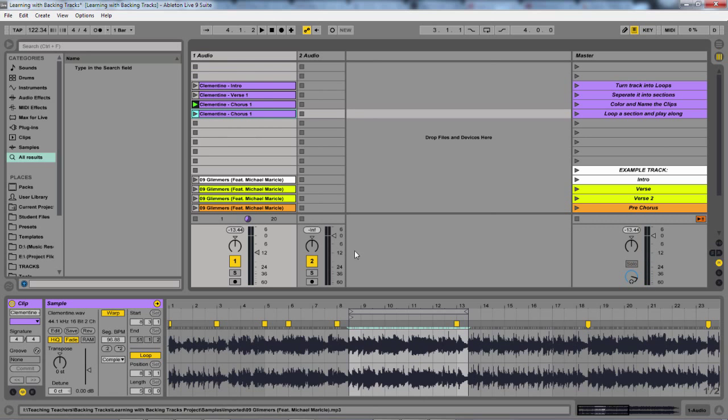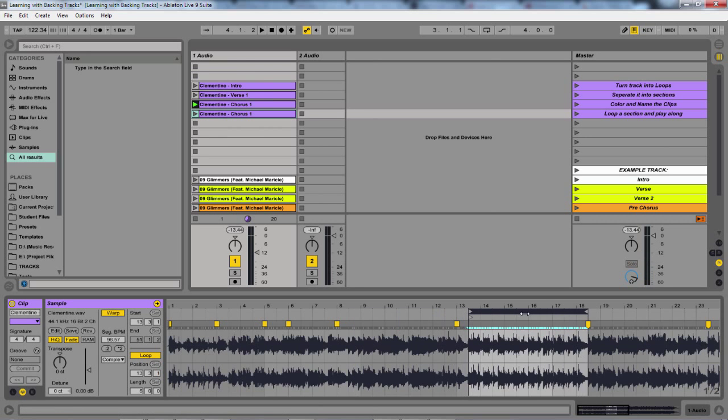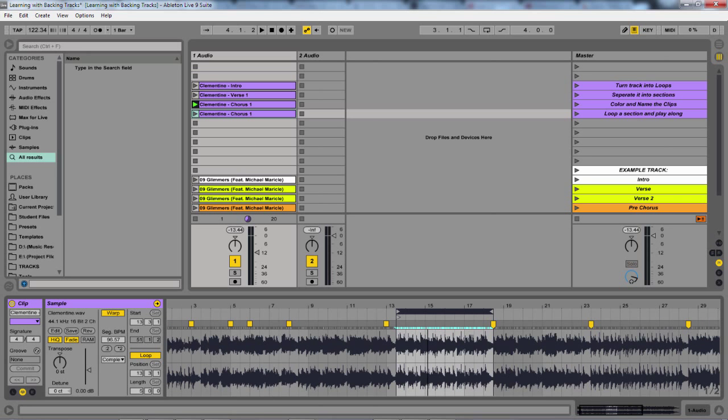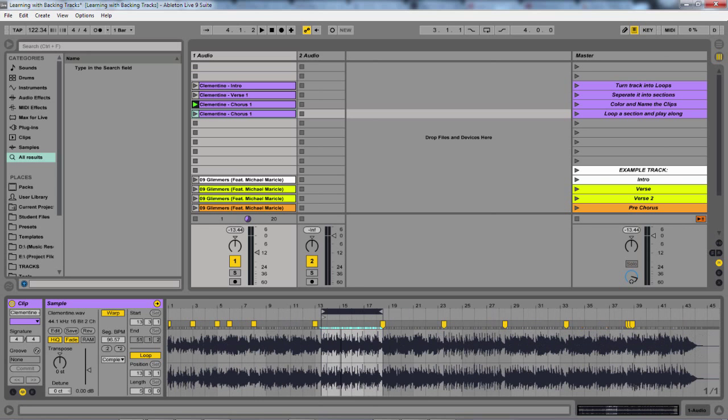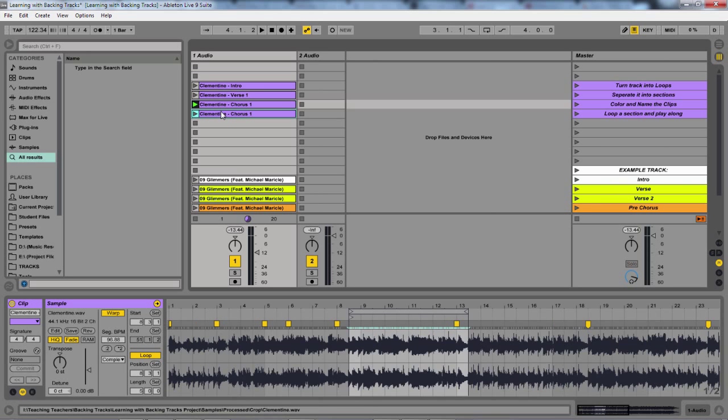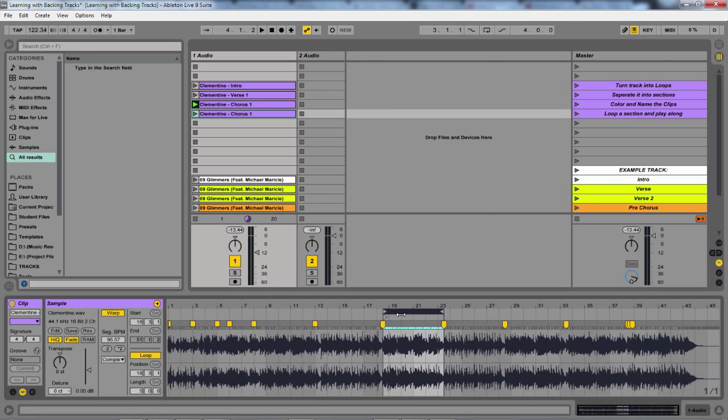And we just keep doing this for the other parts. As you can see, once I found the length of that one section, it's pretty much going to be the same length. It depends on the song if you have longer choruses or bridges and so on, but that's more about arrangement and learning more about song structure. But this is a very simple beginner thing for middle school students to beginning students of learning how to loop and practice along. So I would just then go to the next one, move that over,